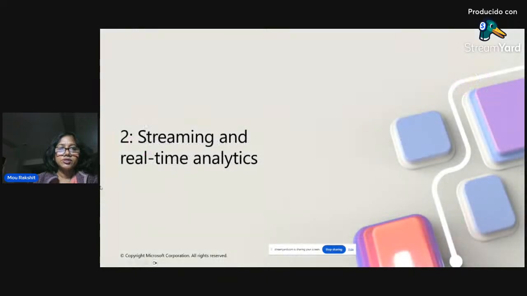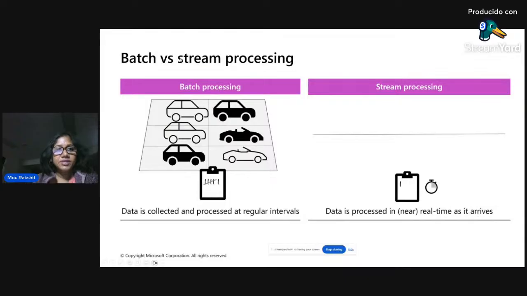Okay, streaming and real-time analytics. Next, we are going to go to streaming analytics. As you bring data to your analytics lakehouse platform in Microsoft Fabric or in Azure Databricks, you will need to bring data in many different frequencies. Some source system data or use cases may require batch processing, where you schedule it to run every few hours. Here the latency is higher, because you're accumulating the data and only processing it at that particular triggered frequency.